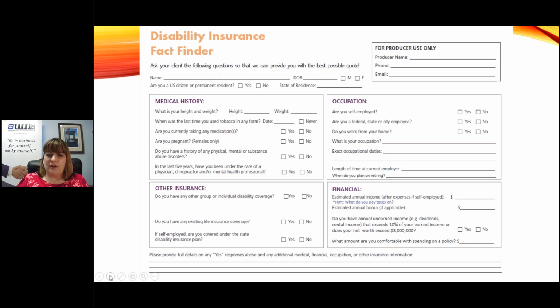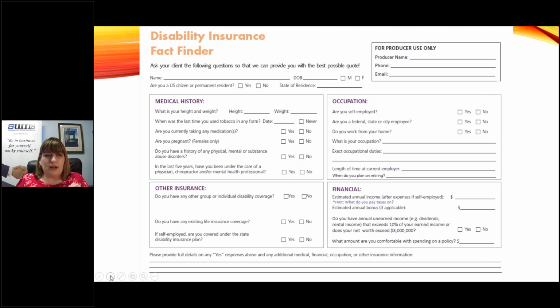Use our fact finder. We have this disability fact finder. If you are interested in a copy of this, please give me a call or email me at the office, and I'll be happy to send this out to you. You can see it asks some medical questions. A big thing, are you currently pregnant? Disability income does not cover normal pregnancies. It also will not cover you if you are pregnant and applying for coverage. They will postpone you until you are back at work. Okay, that is a big thing to know.